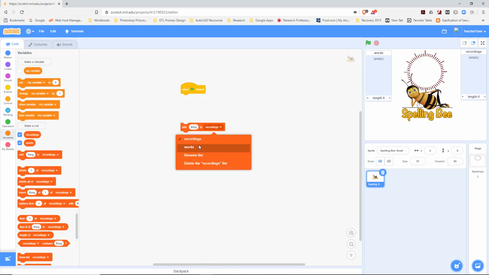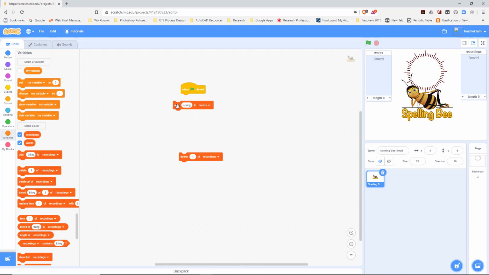So what we want to do is add spring to recordings. Let's duplicate this. Then you want to add summer to recordings. Then you can duplicate this again. Then you add autumn to words. Then you can duplicate this. Then you add winter. Perfect. Now if we bring all this together and then you click the green flag,